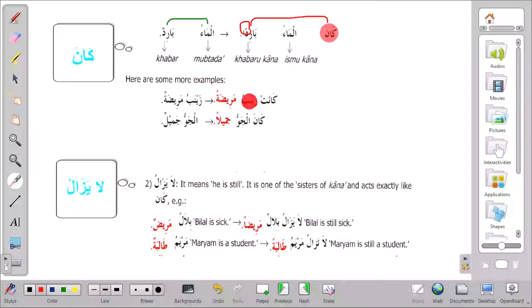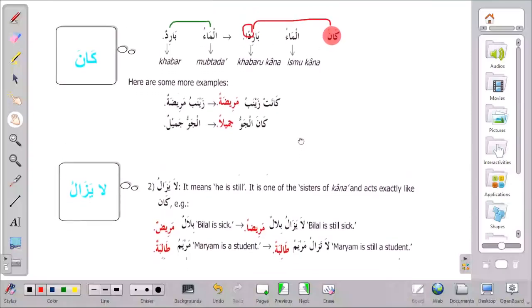كانت Zainab was what? مريضة. She was sick. So we make it mansub. The next one, al-jawu jamilun. The weather is beautiful. If I want to say the weather was beautiful, كان الجو, then the jamilun, the information, will now be mansub. كان الجو جميلا. I hope that is clear. And then the ism, the noun itself will just remain marfu. I hope that is clear. Okay. So that is what we need to know. The small thing that we need to know about kana before starting.